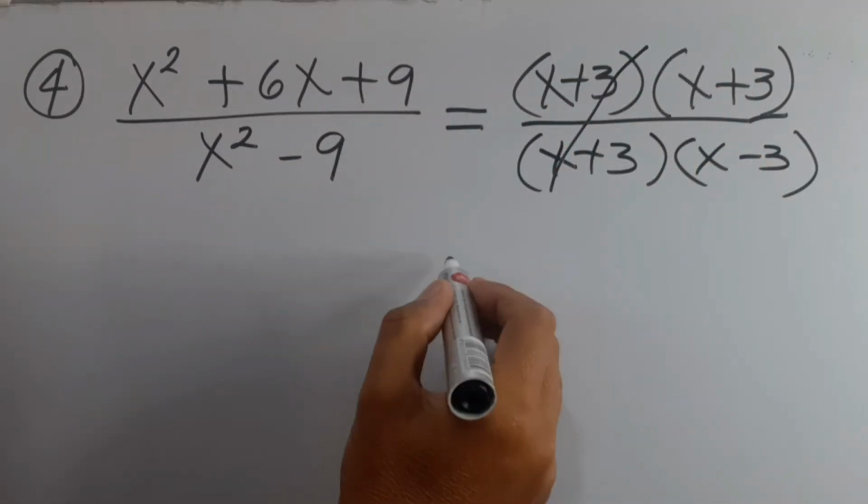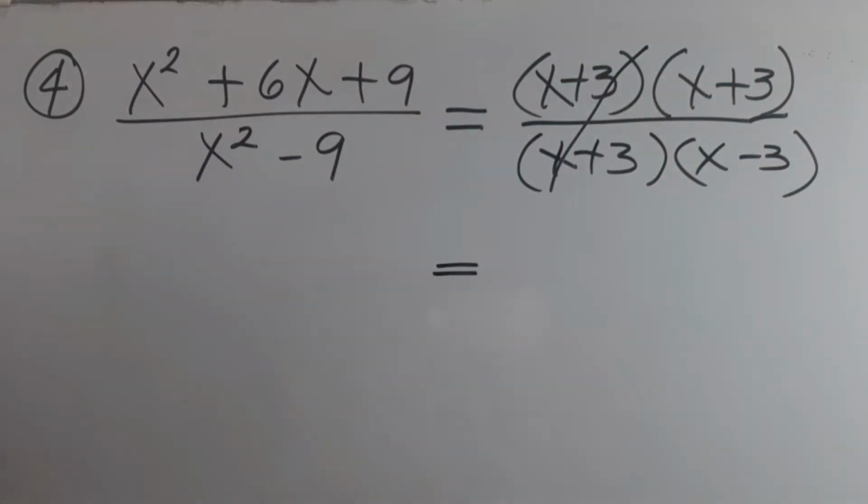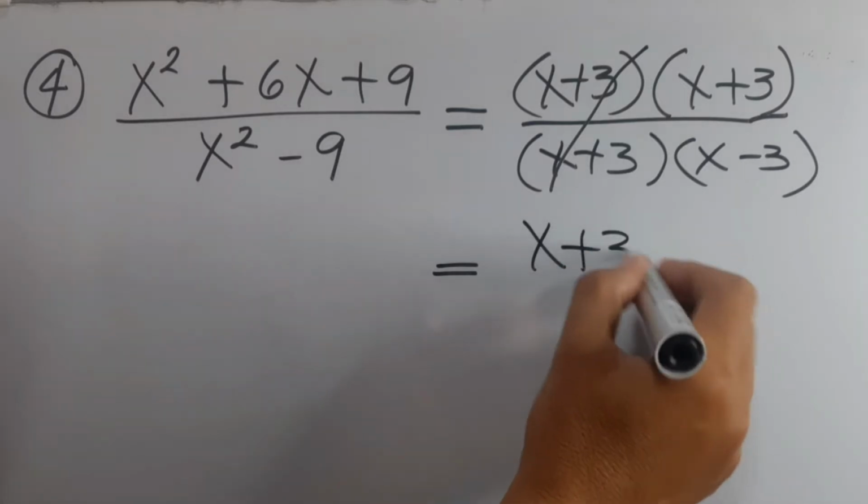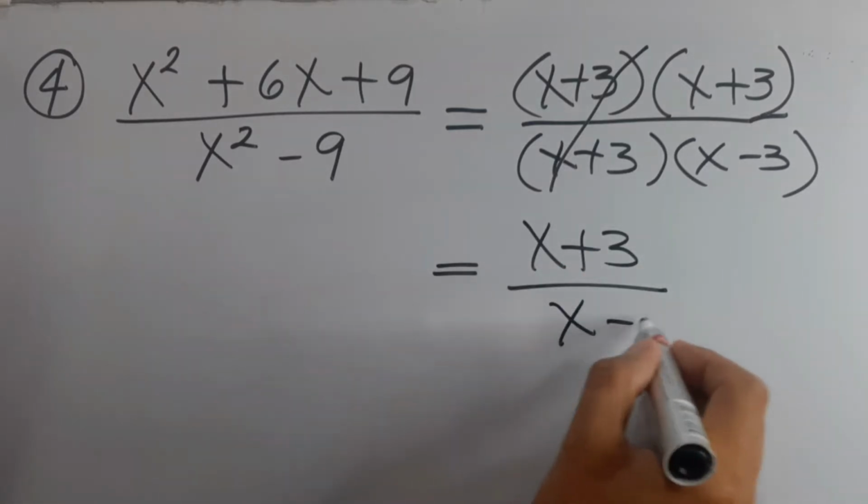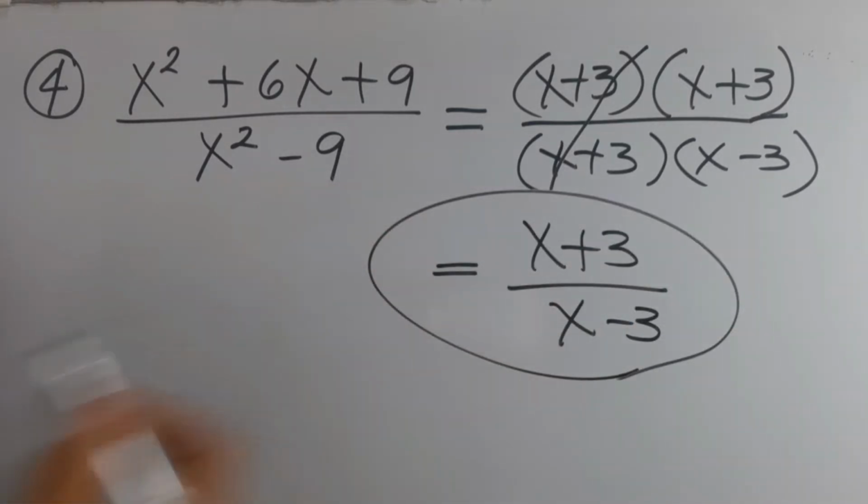x plus 3 is cancelled. Not cancelled are x plus 3 on the numerator and x minus 3 on the denominator, and that is now the simplest form of the